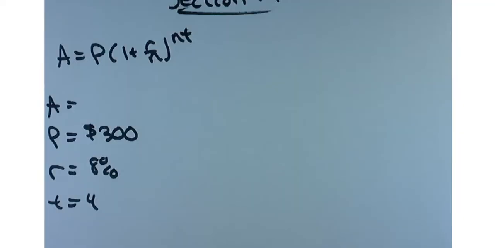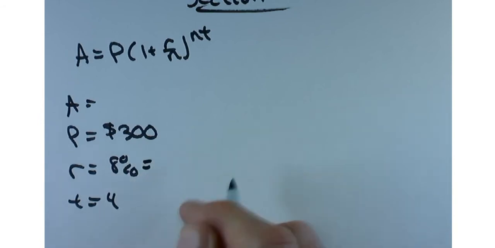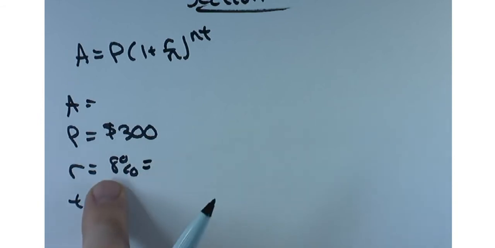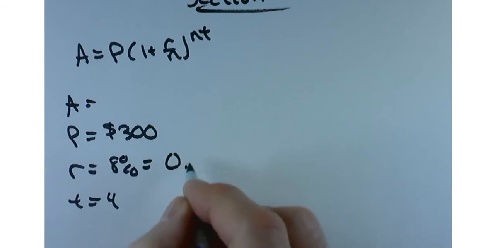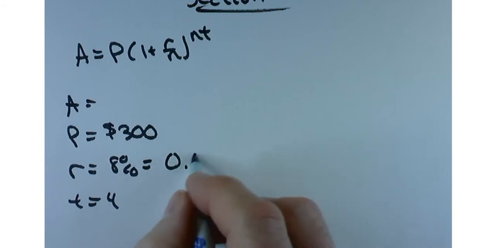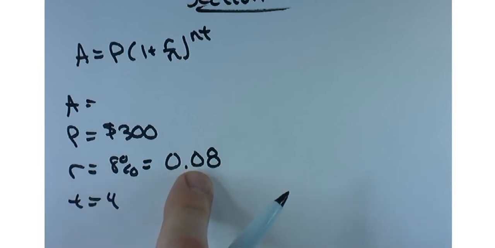There you are. Now, if you plug it in without too much thinking, you're going to get this thing wrong, because your interest rate has to be expressed as a decimal. So what's 8% as a decimal? 0.08. And I'll go back and take a quick look at things and see what happens if you use 8 as opposed to 0.08. So I think it'll make a fun difference for us.